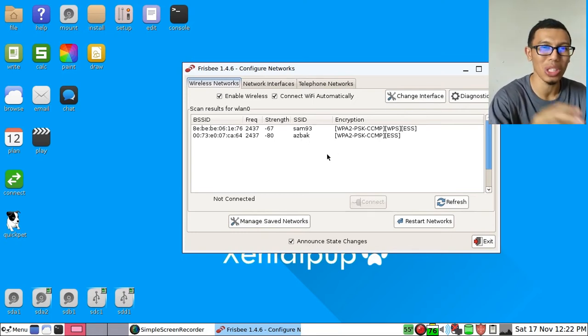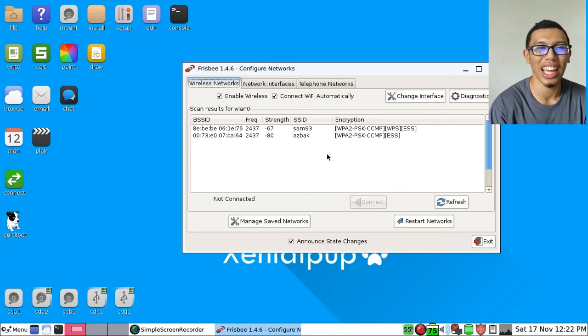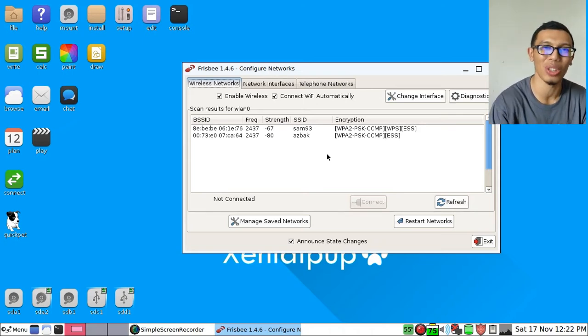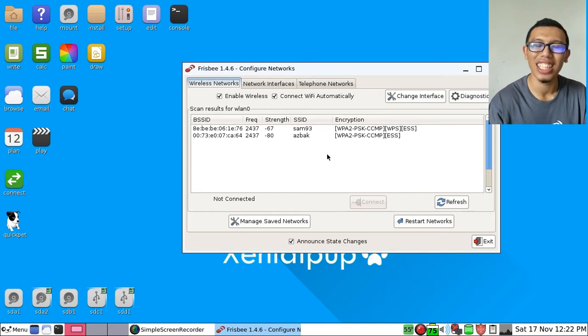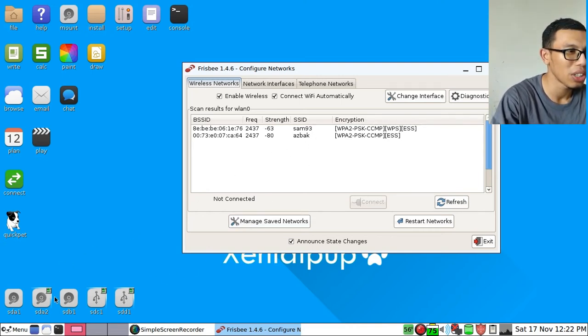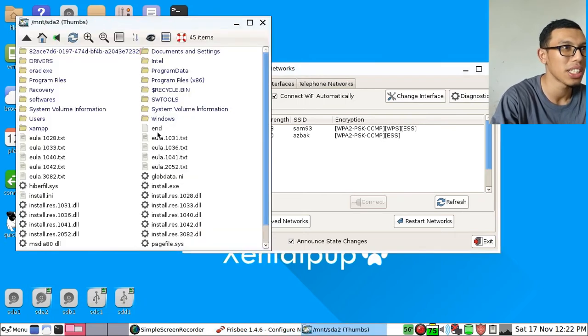Like for Windows, you may not have your wireless network connection driver installed already in your Windows system. You need to update your drivers to get that. But for Puppy Linux, it is already there. With only 330 megabytes, you have all the basic necessary drivers in your computer. You have your audio driver, you have your network driver, you can access your pen drive, you can access your hard disk, the storage device driver.